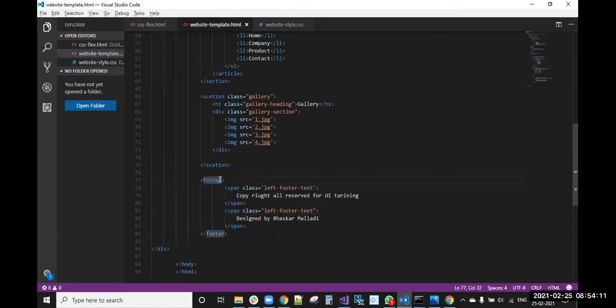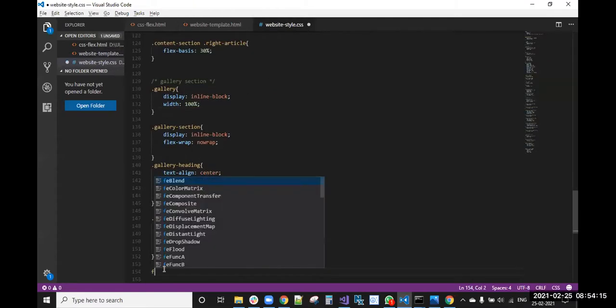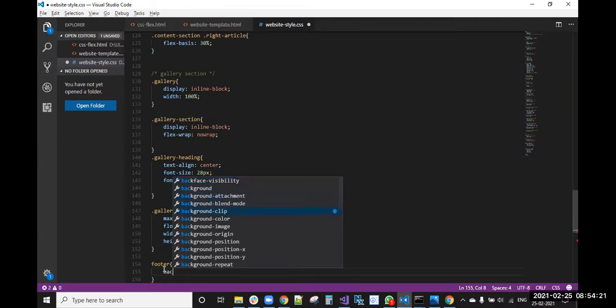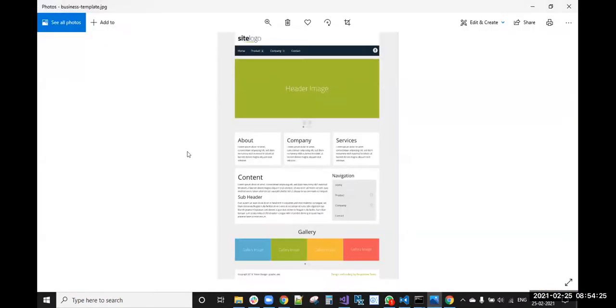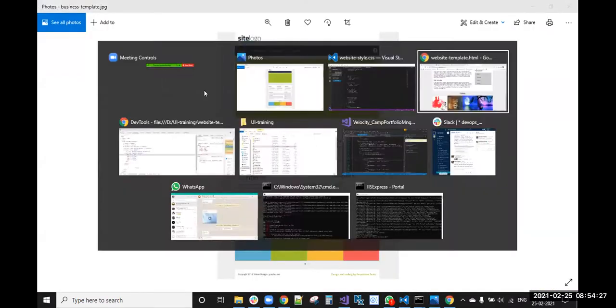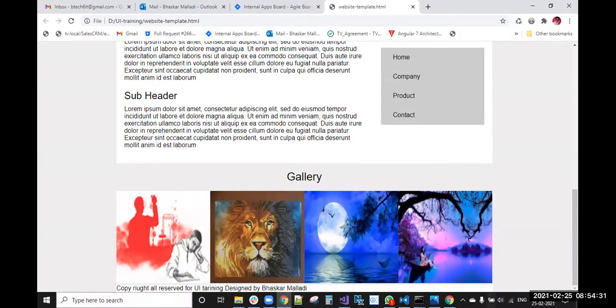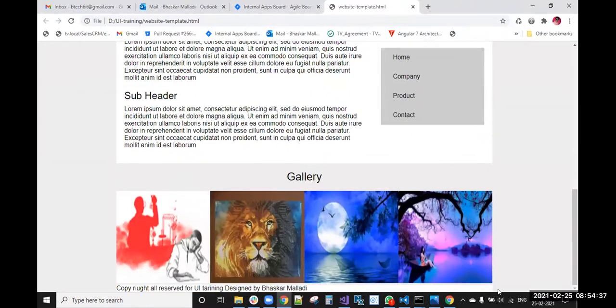First, the footer will get the background color. Now we will see that the two texts came here with a background color, white color.